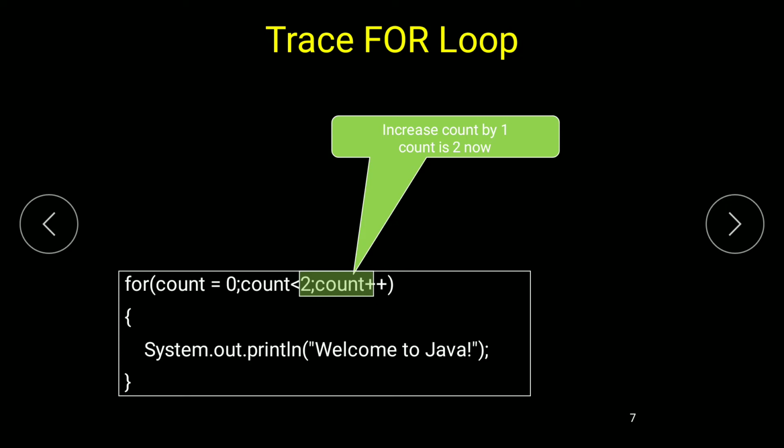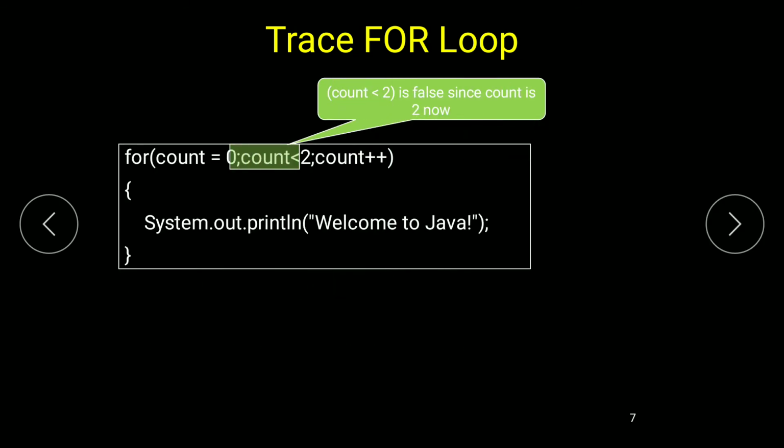Initialization is done one time only, and the condition and the incrementation are done repeatedly. Okay, you can see increase count by 1, count is now 2. Then we will go to comparison.